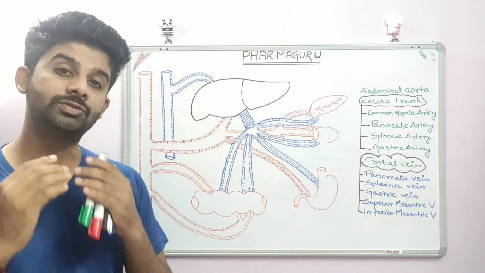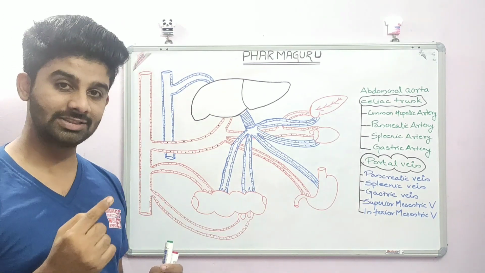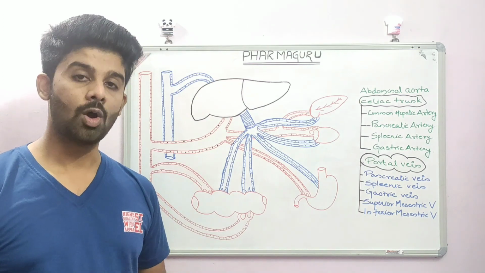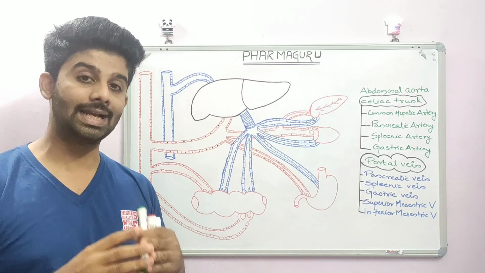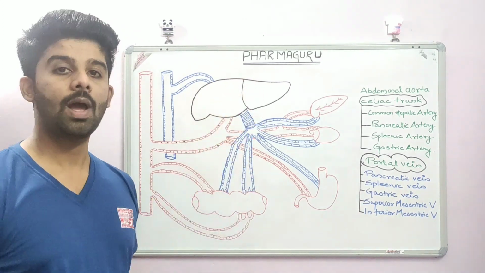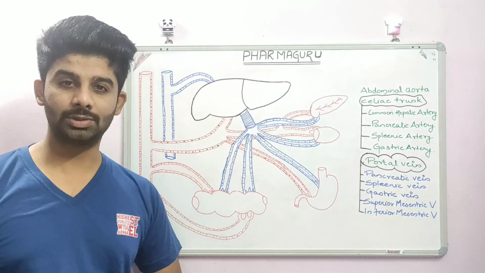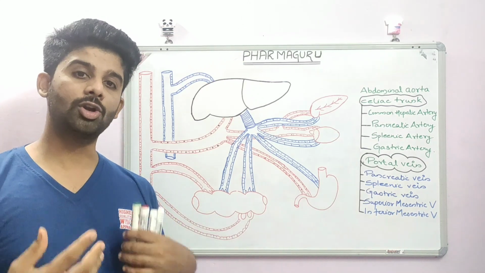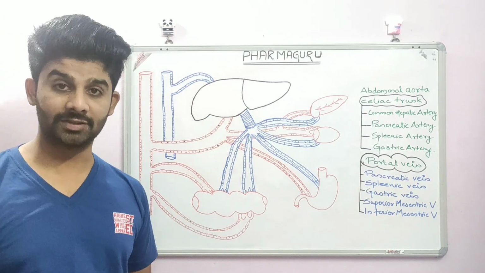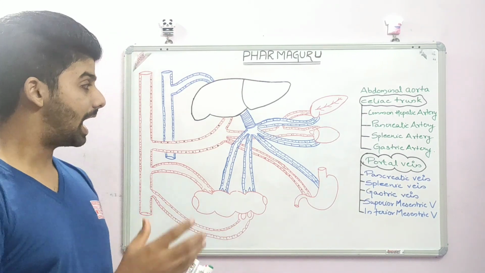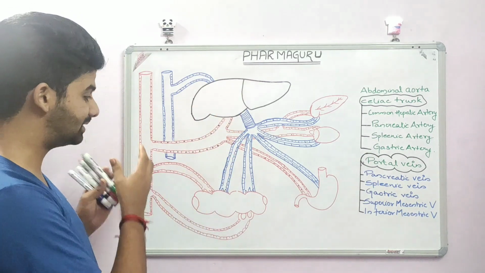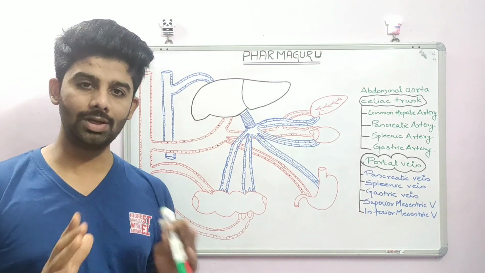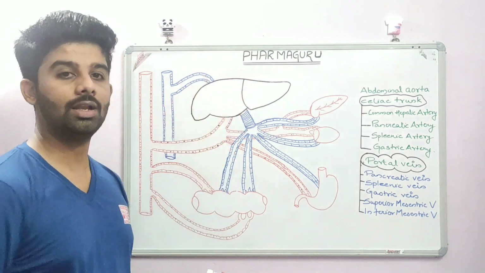Now, why did I choose liver specifically? First reason, liver is one among the most important glands in our body. Second reason, at least 90% of the metabolism is carried out by the liver. And I have seen many students struggling with the mechanism of first pass metabolism. So in order to understand metabolism and first pass metabolism, first we should see how the drug reaches the liver, or how the blood supply is given to the liver. So in this video we will be dealing only with the blood supply to the liver.